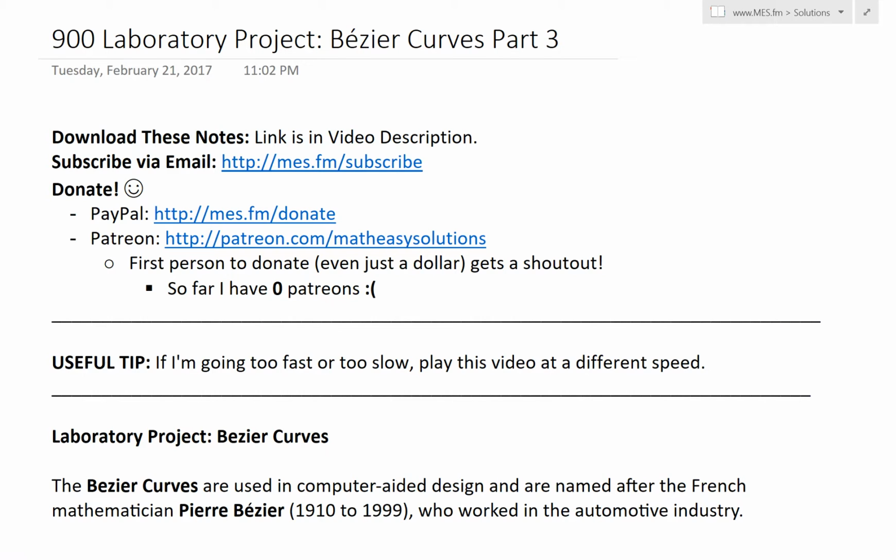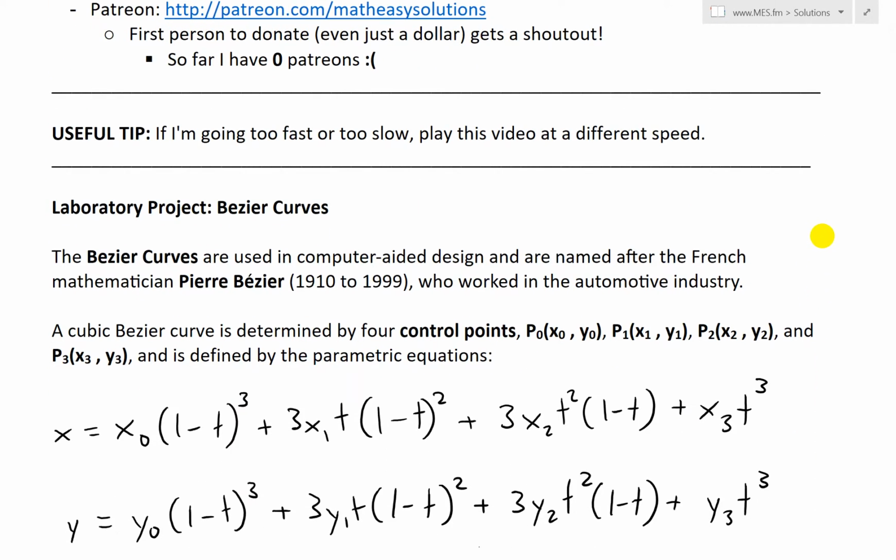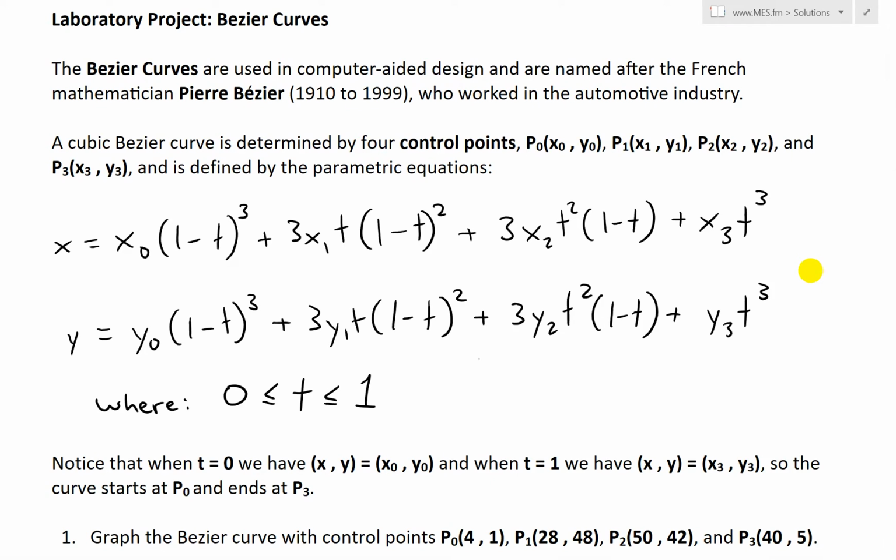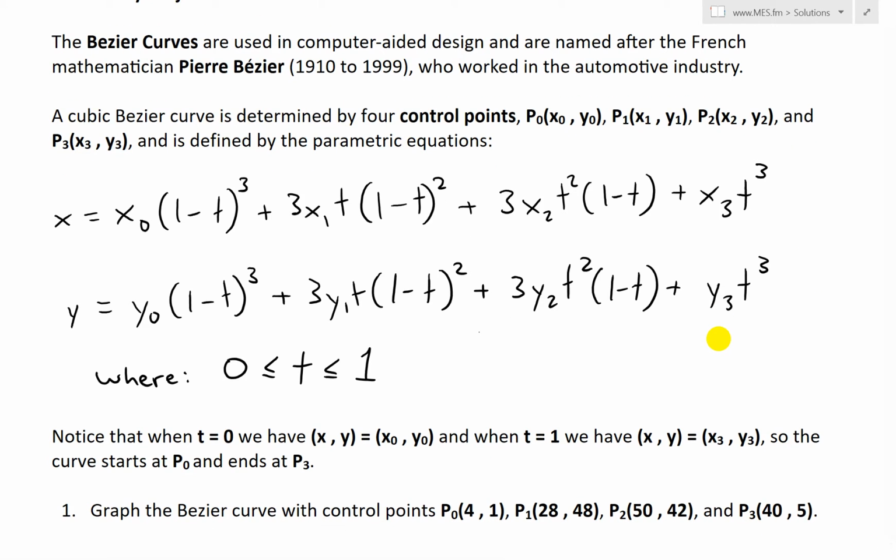Today we're going to discuss further into the laboratory project, the one titled Bezier's Curves, and go over part 3 of it. And to quickly recap on the previous parts, I put the links in the description below, so make sure to watch those. Basically, the Bezier curves are these, well, the cubic Bezier curve is these set of parametric